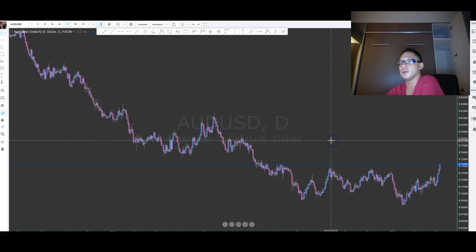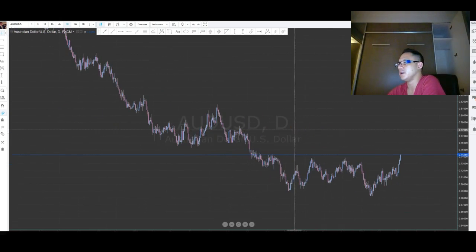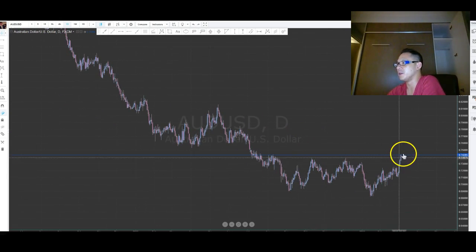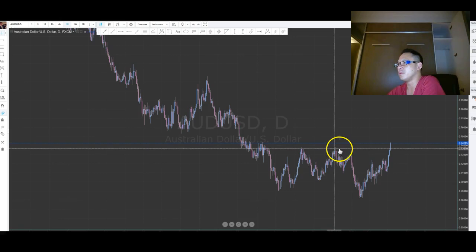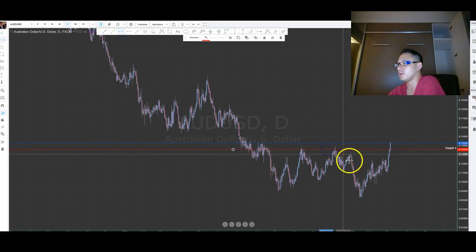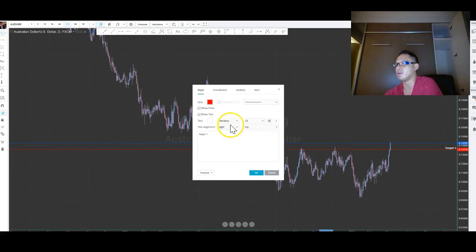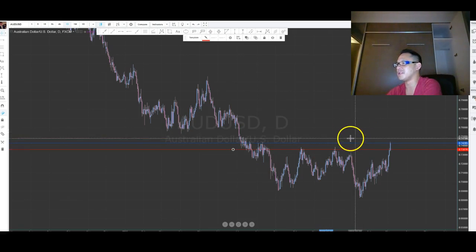So, just look at the Aussie USD. We had a big move, and we broke out of some key levels. Now, see the key resistance level here was broken. Right? So we broke right through that pretty comfortably, and it looks like we're going to see some more upside. How far this goes is going to be interesting.